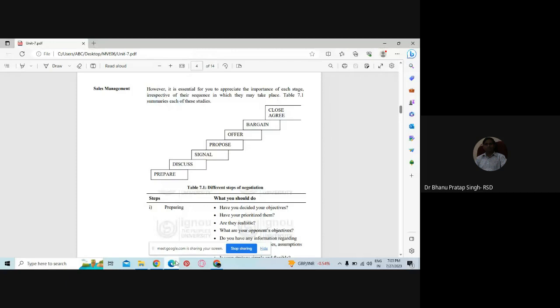If the person is ready to purchase the product, and the seller is ready to sell the product, when both are ready, then bargaining takes place in terms of reducing the price, having better quality of the product, and after accepting the terms and conditions from both sides,